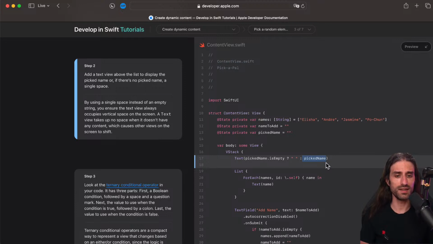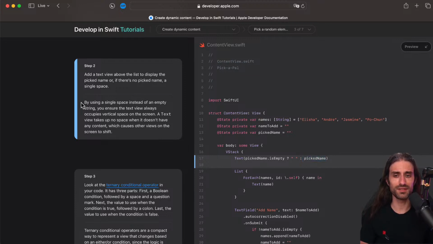So it's kind of like an if-else statement, but with a different syntax, except that the if and the else can only contain a single expression that is returned. So it's a simplified version of the if-else statement.